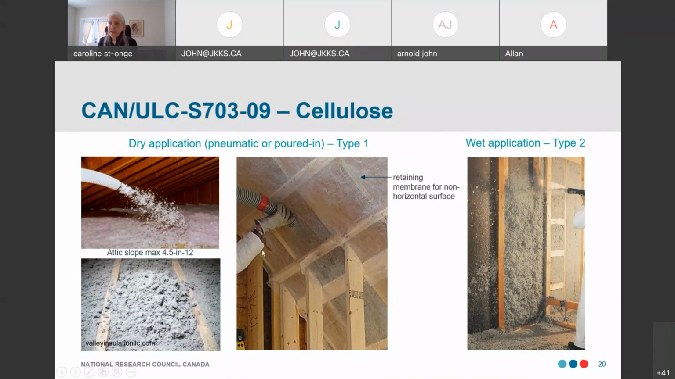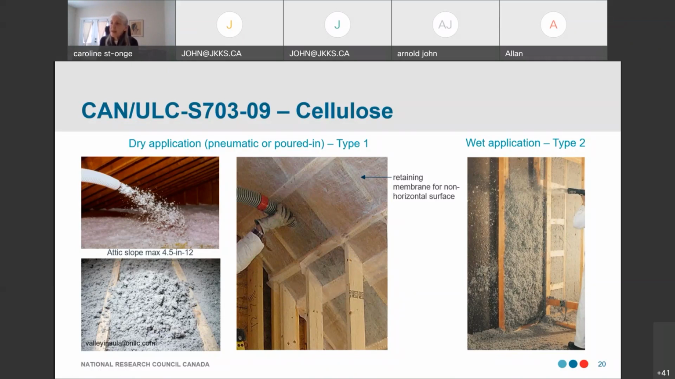If it is installed in vertical application, or let's say a cathedral ceiling, then there is a need for a retaining membrane. It could be a net, as long as we see through, so the installers see how the cellulose is installed in place. On the right side, it's for type 2, means that the product is installed using a liquid. It could be water. The intent is to increase the cohesion between the fiber, so there's no need for a retaining membrane to be used. However,